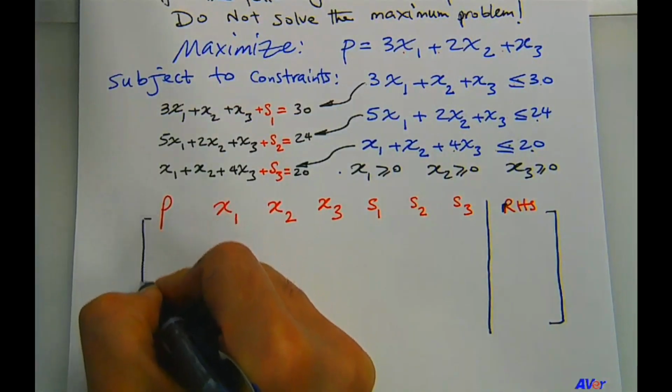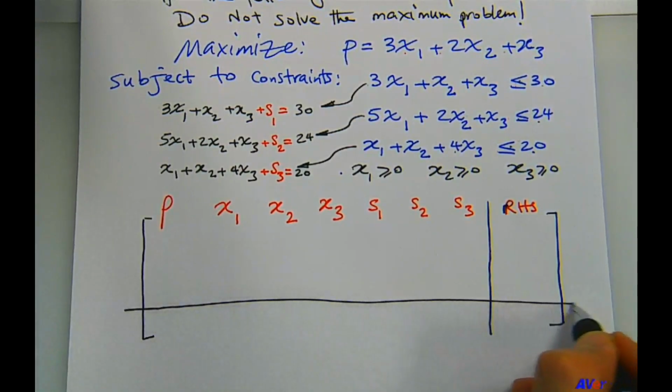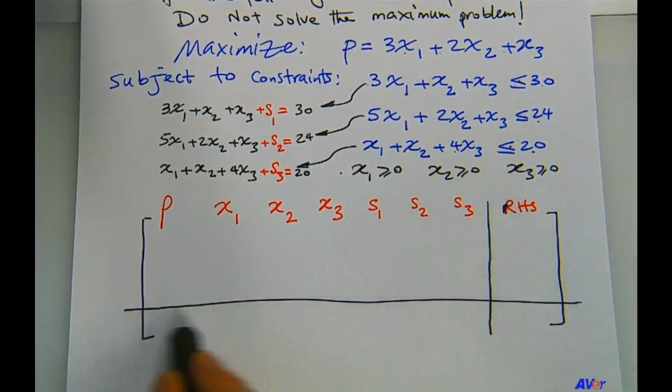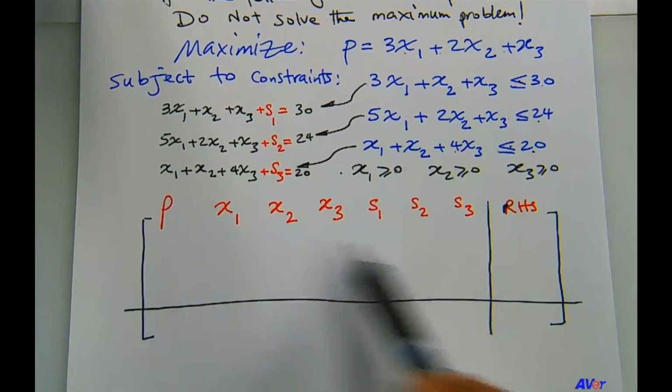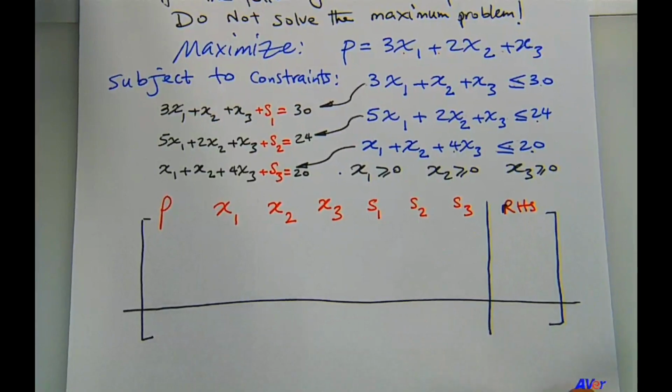And like this. You see me put this vertical and this horizontal line in all of my tableaus. These are just as a visual aid. If you don't like to include the vertical and the horizontal, it's totally fine. I just prefer to use them as a visual aid. Okay, so now that we have all the variables across the top and the right-hand side column,